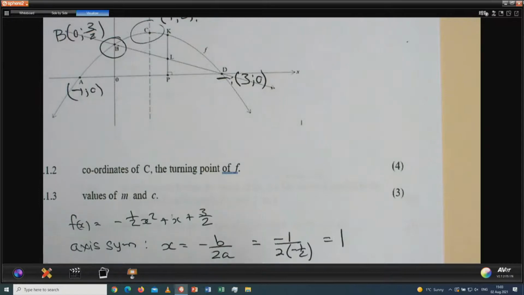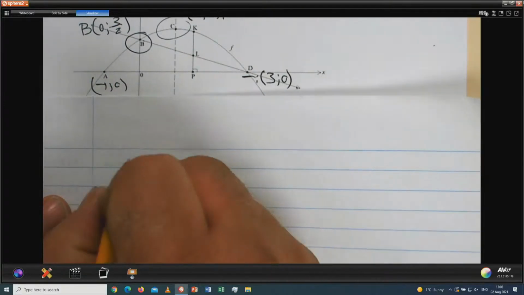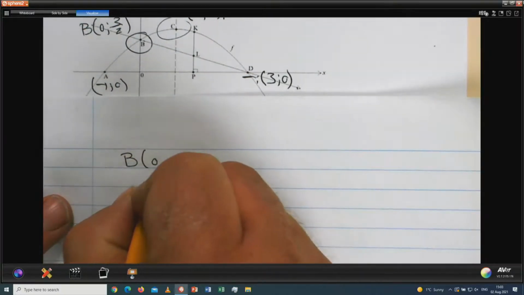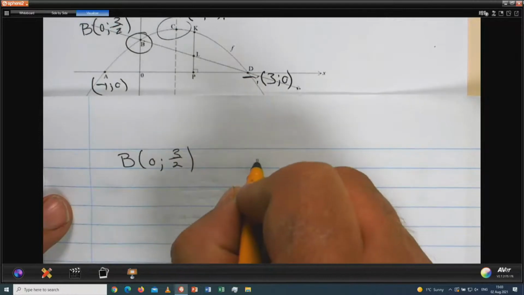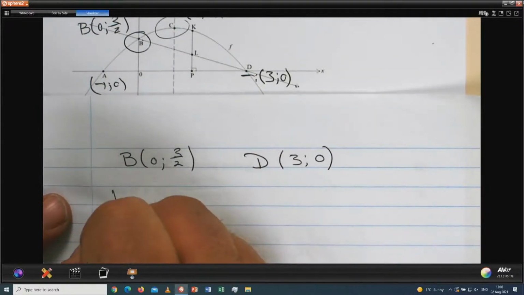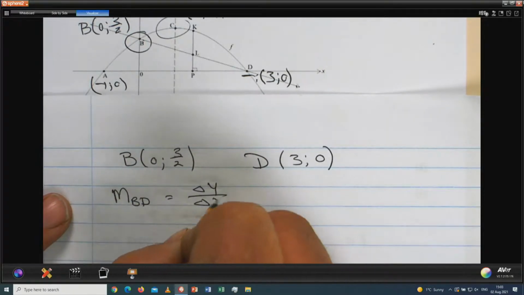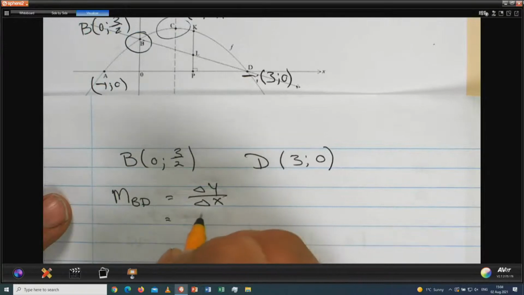So let's have a look here. We can say the B value is 0, 3 over 2. The D value is 3, 0. Now the gradient of BD is equal to changing y over changing x, and that is equal to 3 over